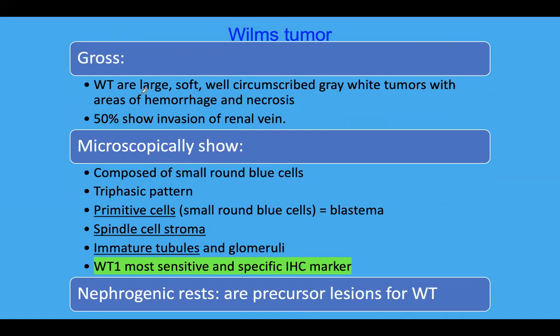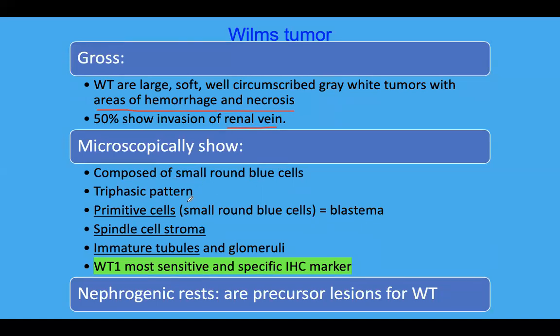Grossly, Wilms tumors are quite large, soft, well circumscribed gray white tumors, and large areas of hemorrhage and necrosis may be seen clearly demarcated. And 50% of the tumors may show invasion into the renal vein. Renal vein invasion is fairly common in Wilms tumor. Microscopically,